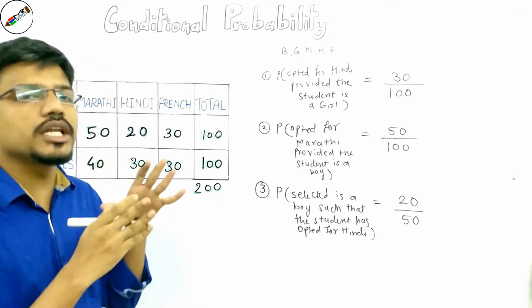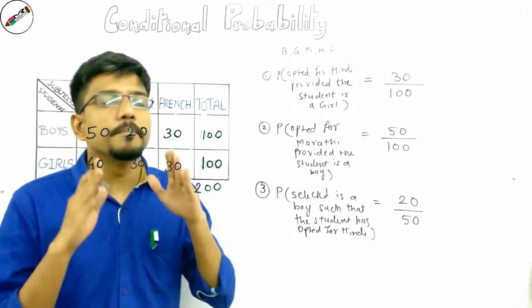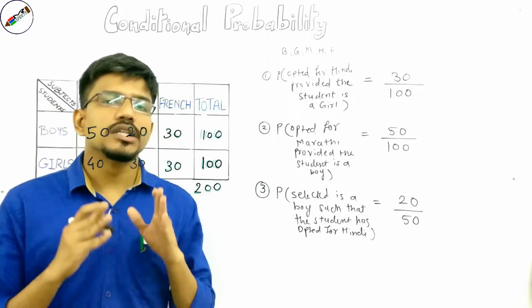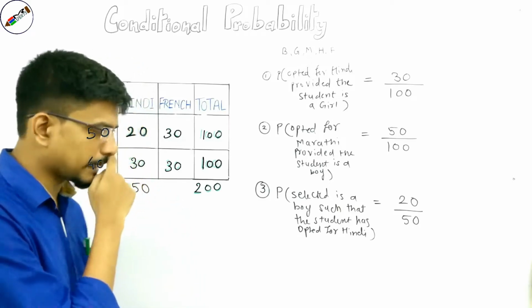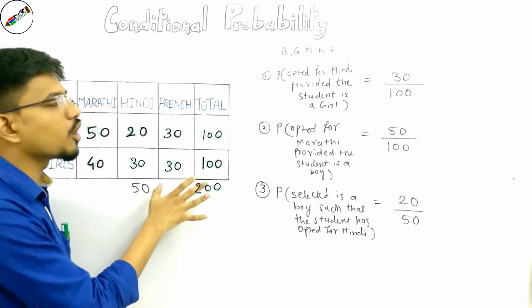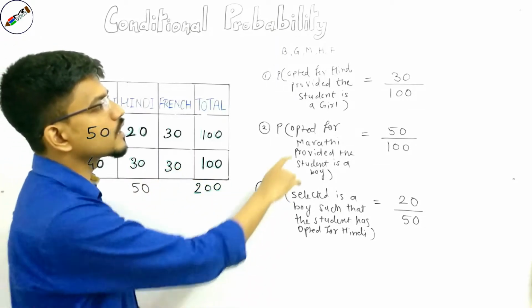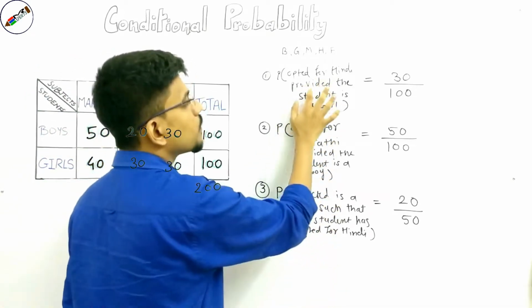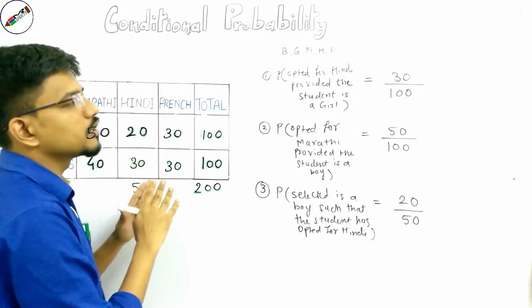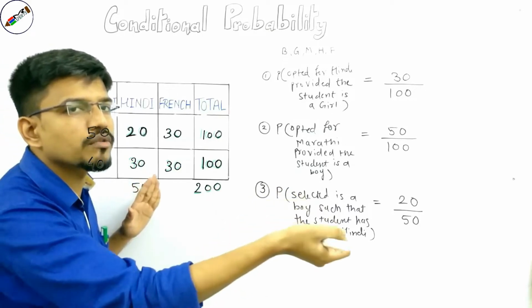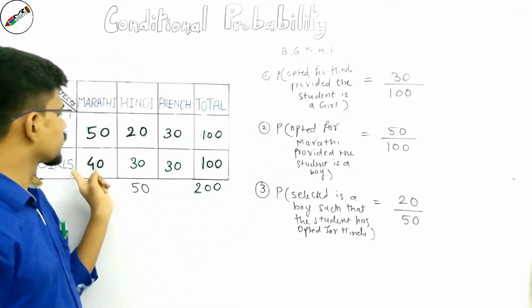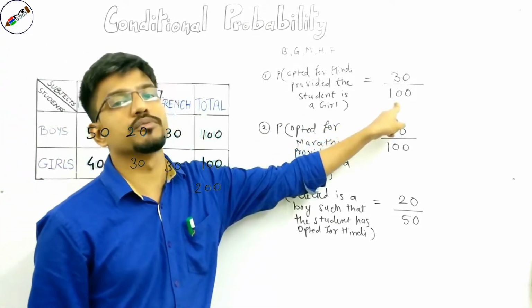Now let us try to correlate these questions with our basic definition of probability. In the basic definition of probability, the denominator was the number of sample points. Now you would argue that in the denominator it had to be 200, because it is the number of sample points, or total number of students. But over here the condition given is something different. Provided that the student is a girl, it means your sample space has now changed. It is not that the total number of students is there and you have to select the students from that. You have to select the students from girls. That is why the total number of girls, which was 100, was your new sample space, or I would call it